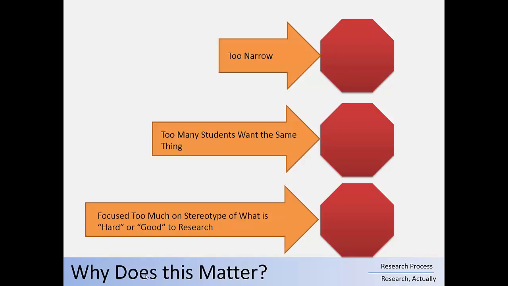So if we look at what students are interested in researching, we often see a lot of the same topics, and one challenge is students might be too narrow in what they think they need to research. Some of this might be that you think you have to research certain topics that are hard or good to research because you think that's what colleges are looking for. As a result, a lot of students want to research the same thing, or get too narrow in what they think is a topic they'll be excited about.